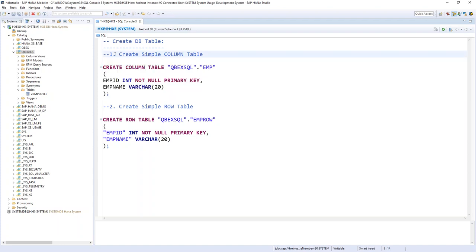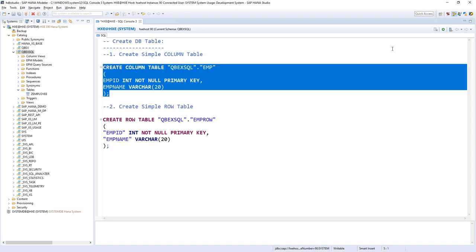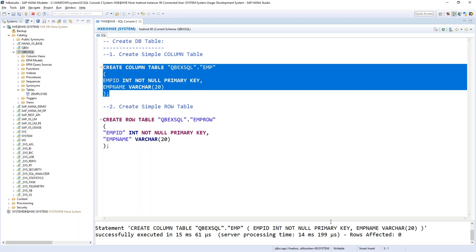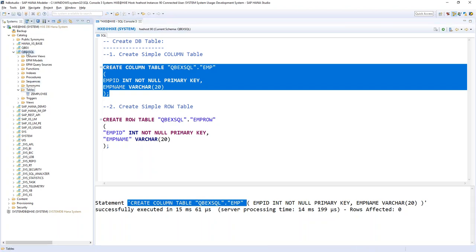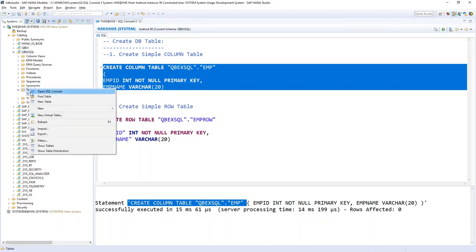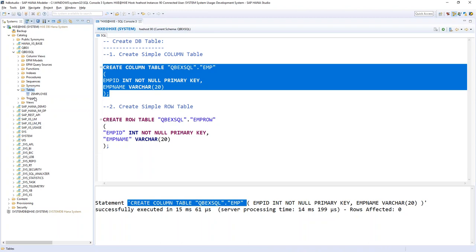And when you want to have comments, you prefix with a double hyphen, like this. Okay. So it's going to create a table EMP with two columns, EMP ID and EMP name, where EMP ID is a primary key. Now you look at the message, it says the table has been created. Okay. Now if I go to this tables folder and refresh here, I should see a new table called